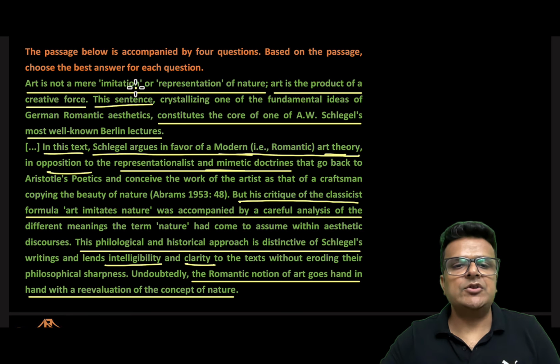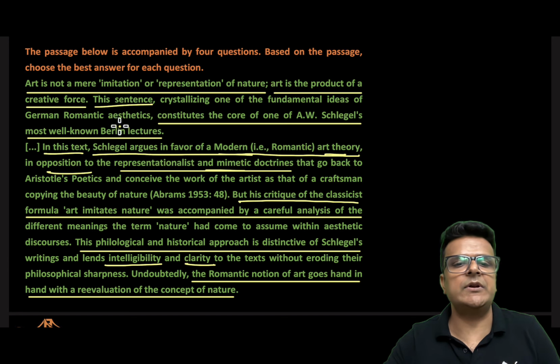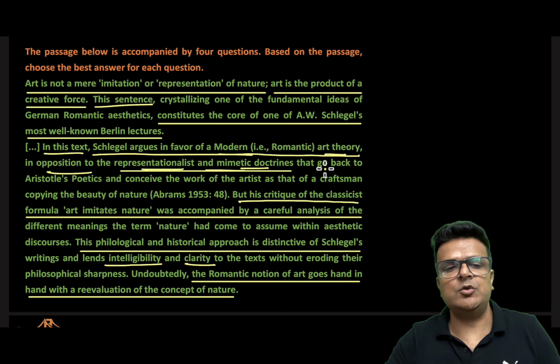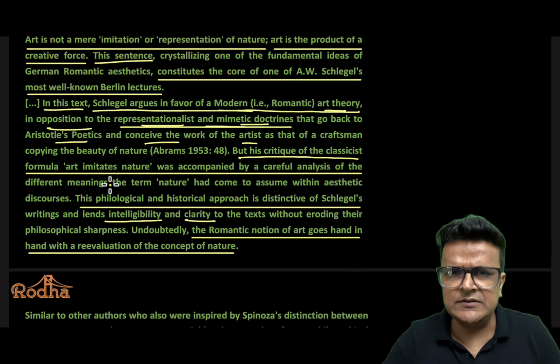Art is not a mere imitation. This sentence, crystallizing one of the fundamental ideas of German romantic aesthetics, constitutes the core of A.W. Schlegel. Fine. In this text, Schlegel argues in favor of modern art theory, in opposition to the representationalist and mimetic doctrine that goes back to Aristotle's poetics and conceives the work of the artist as that of a craftsman. So, was he evaluating Aristotle's poetics? Was he